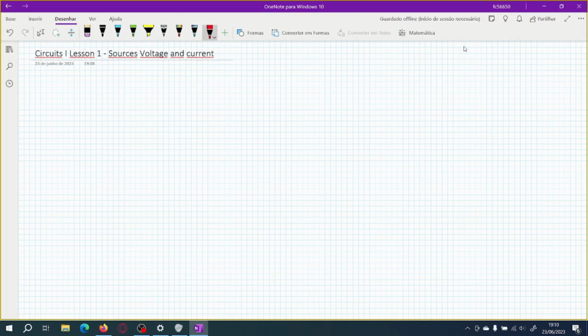Today we will talk about the sources of voltage and current, and about voltage and current itself. When we start to learn about electronics, there are two main characteristics of a circuit, which are voltage and current. They can be a little bit hard to understand at first, but basically you can think